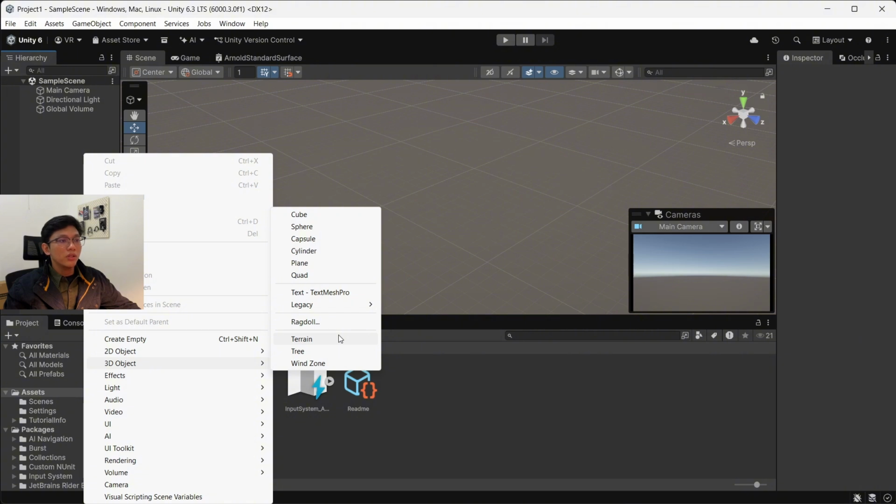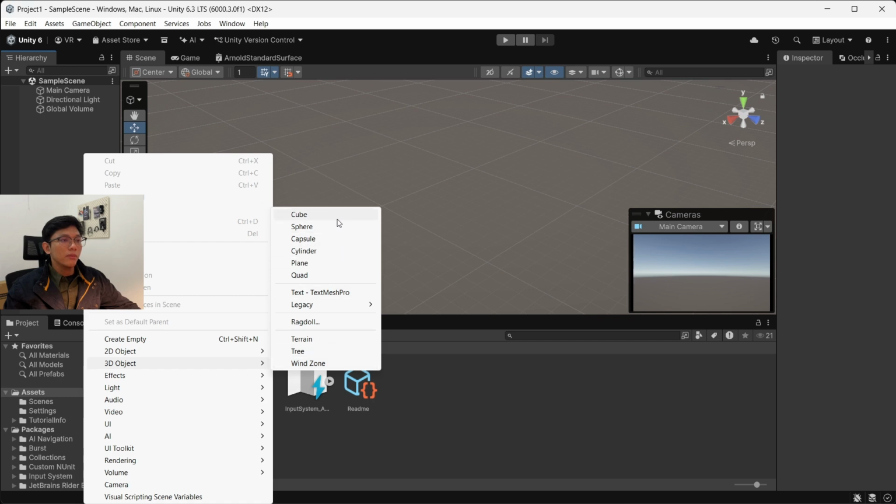Terrain is a special object used to create natural environments such as land, mountains, and valleys. Tree is an optimized tree object designed for use with terrain. Wind Zone controls wind effects that affect trees, grass, and particle systems.